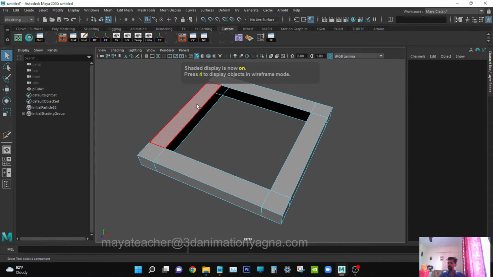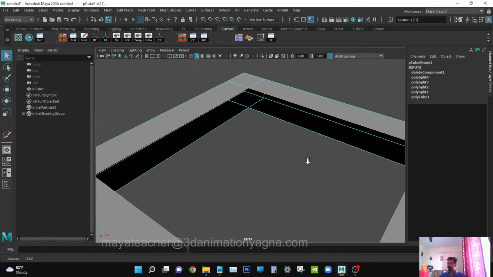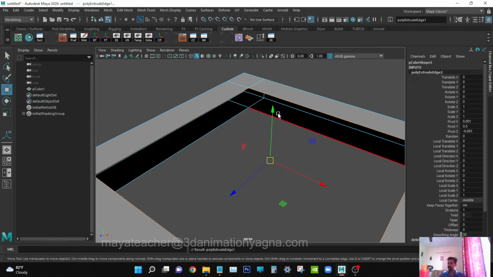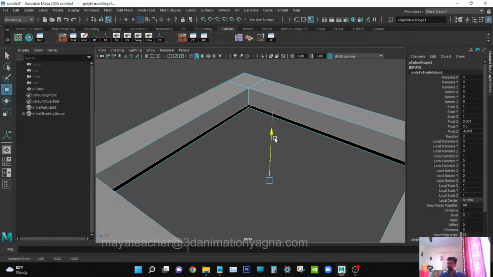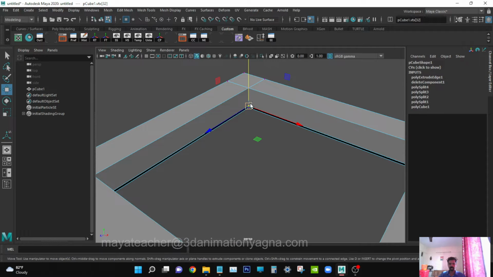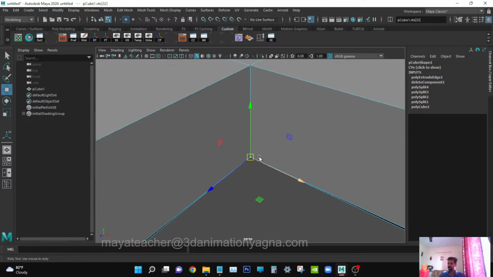Here we are going to extrude the edges. This upper edges, I have selected it. Edit Mesh, Extrude, and bring it closer to this. Not very close, we have to manually do the snapping. Select one vertex, that is the upper vertex, and snap it to the down vertex. Okay,